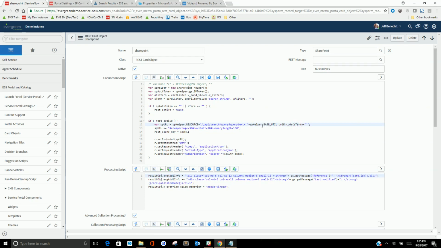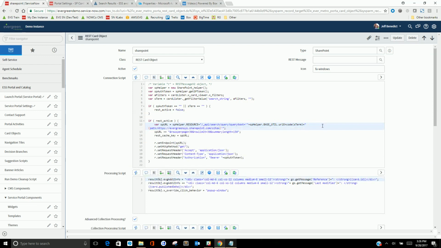Now, one thing I'll highlight here is that if you were to look at the SharePoint Web Service API, there are other ways to add additional filters. So if you want to restrict the search to a specific path, for example, inside this search you can do things like path: HTTPS://Evergreen sys.sharepoint.com/sitex. So this would basically apply an additional filter. It'd be search for your term, but then also apply this filter where you're only searching on a specific path. And you can do things like